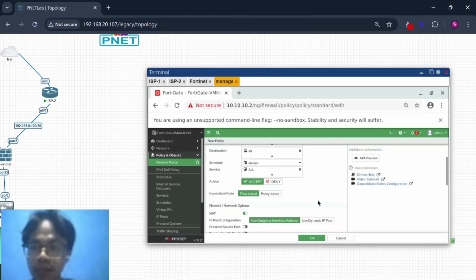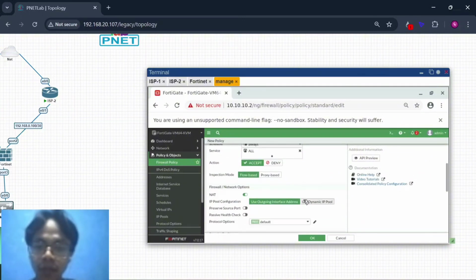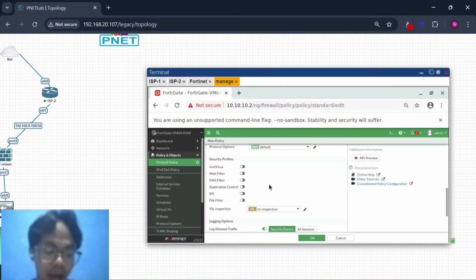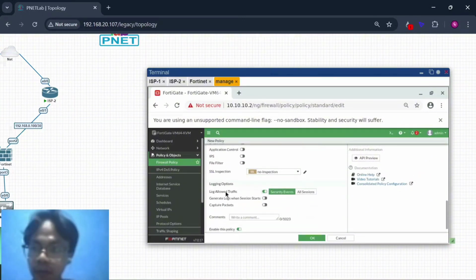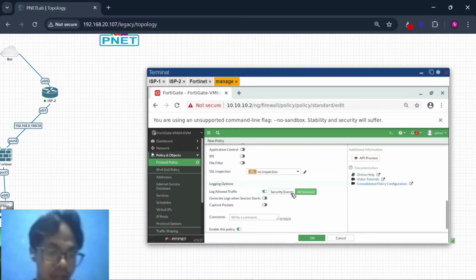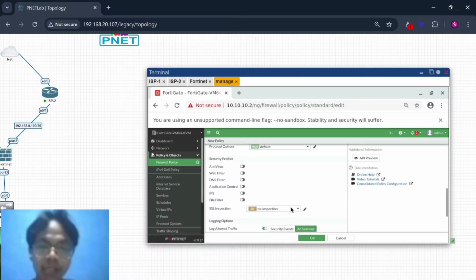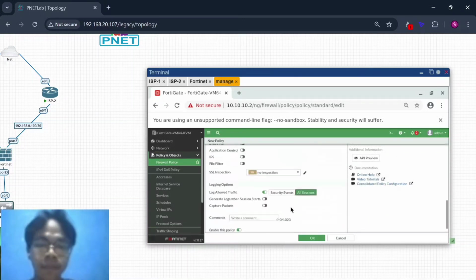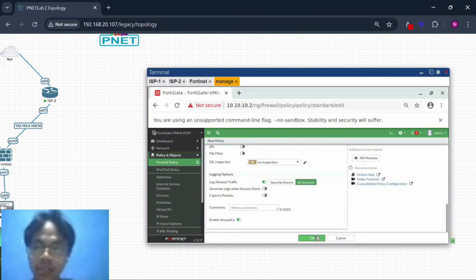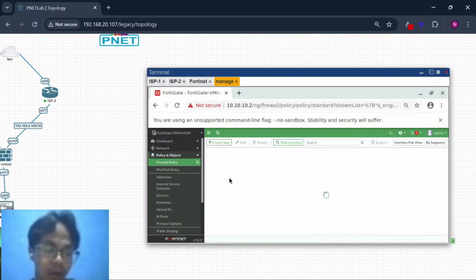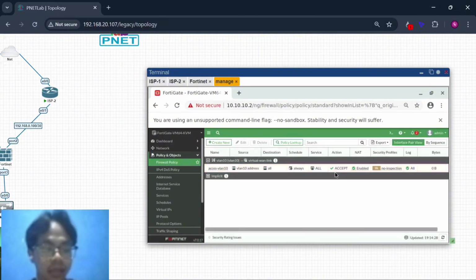And then okay, log all sessions, and I think it's okay. And you can see the action is accept.